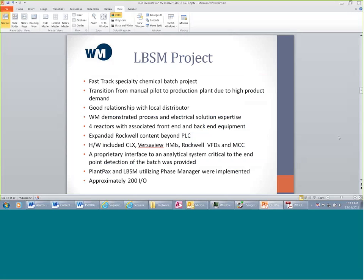Wonderlic Malik demonstrated both process and electrical expertise. There were 4 reactors with associated front-end and back-end equipment. We also provided VFDs, motor control center from Rockwell. Rockwell shipped us a plate, back pan, if you will, for one of the FCC sections. We put all the PLCs and PLC hardware on that and then shipped it to the client site and then merged the back pan with the PLC hardware on it with the motor control center that had all the VFDs